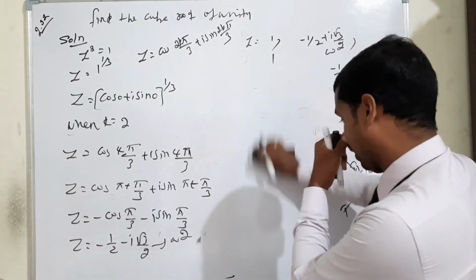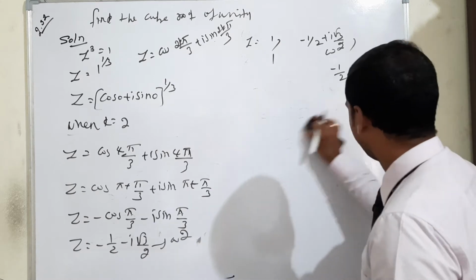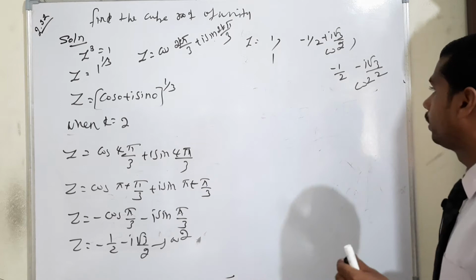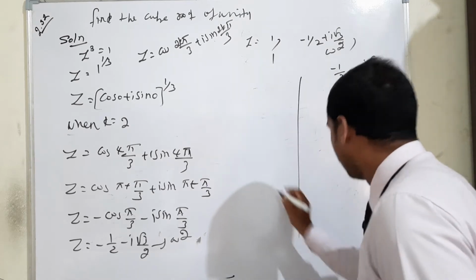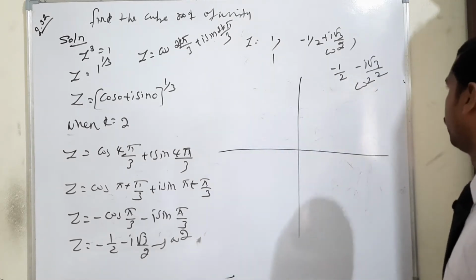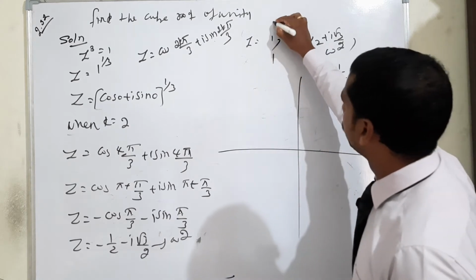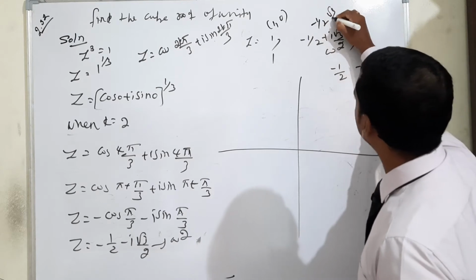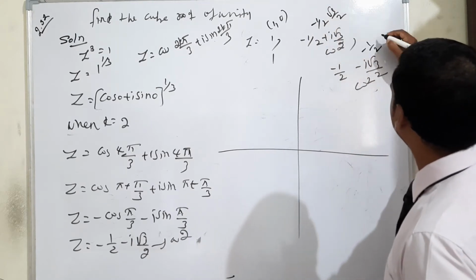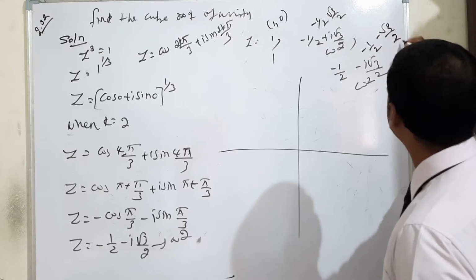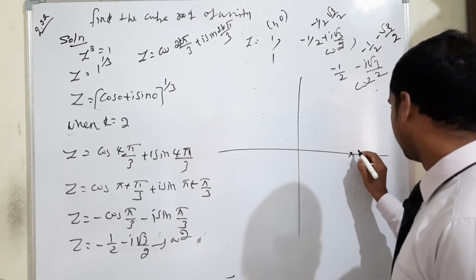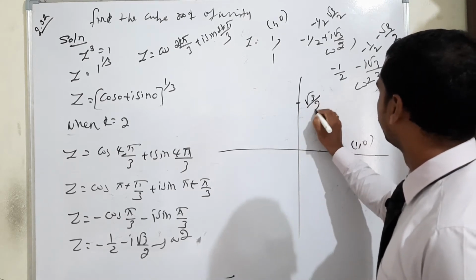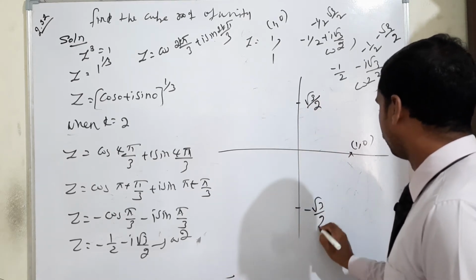So now each and every term we have to plot in just one circle. It's not a fixed point, just you have to show it, okay? Listen very carefully. The first point is 1 comma 0. Second one minus 1 by 2 comma root 3 by 2. Third one minus 1 by 2 and minus root 3 by 2. So 1 comma 0 will come here, isn't it?